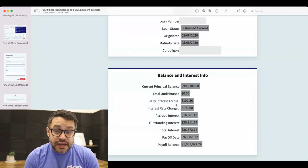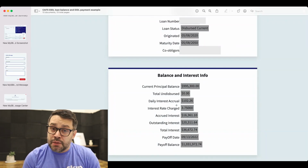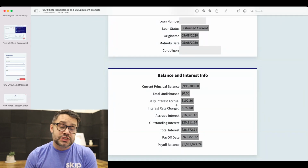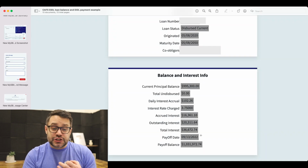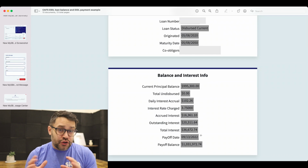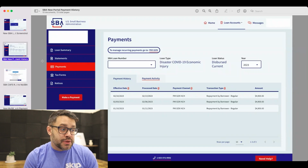You could see your daily interest accrual, in this example over $100, the total accrued interest, outstanding interest, which I think is important for a lot of borrowers to understand that in fact there's a lot going towards interest, and probably for many of you, you haven't even begun to pay down your principal. All you've been paying so far is paying down accrued interest. I think that's useful personally, especially if you're thinking about how can I pay off this loan early to cut down on some of those interest charges. That doesn't exist front and center on the new dashboard. You may be able to see that